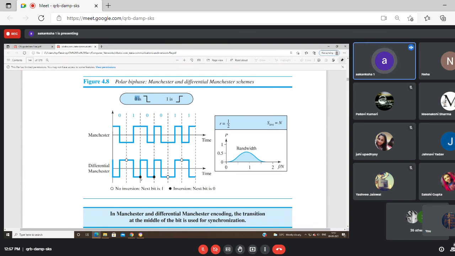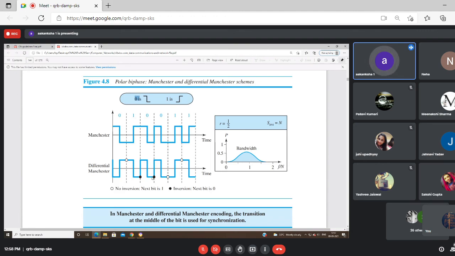Now the next bit after this low level is 1. Therefore, we have to do a transition in the middle of the bit. And we have to invert the level, because the next bit is 0. So this black dot means the next bit is 0. So we have to invert the level. Currently we are at level negative. We will have to invert the level to positive, and positive to negative, one transition. This is for the 0 bit.